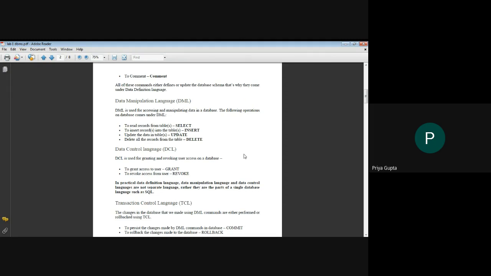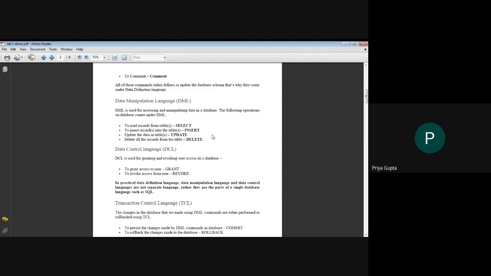A simple meaning is that we can only use these operations when our table is already defined in the database manager. If we do not have the table defined, then these operations cannot be used. So to use these commands, we have to define a table by using the DDL create command.